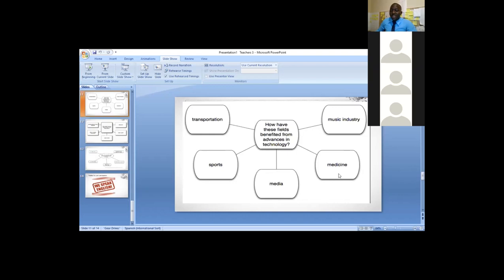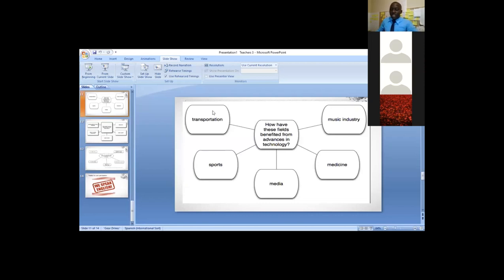Then you have to look at the vocabulary. Then transportation, I will look at transportation on its own, because under transportation, I will talk about the introduction of the hybrid cars. Some people talked about them, but they were forgetting about what we call vocabulary. Remember, you have to use a wide range of vocabulary. So in transportation, you have to talk about the hybrid cars, introduction of the hybrid cars, or sometimes the electric cars.